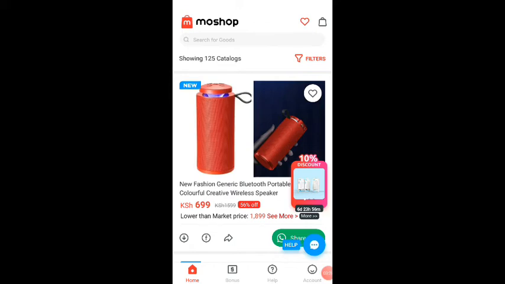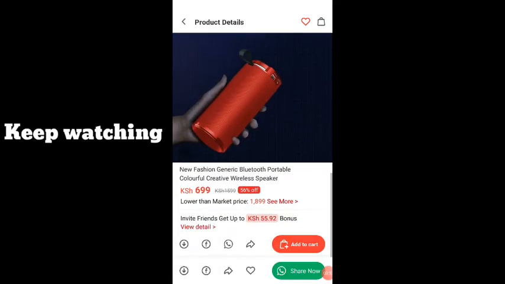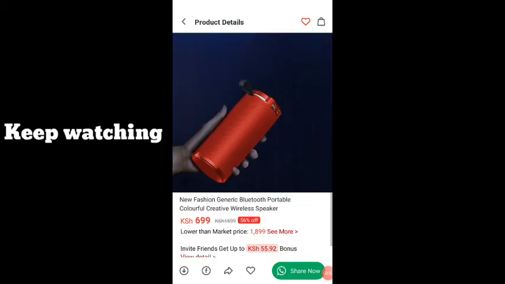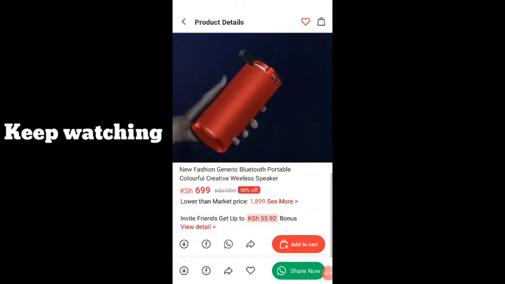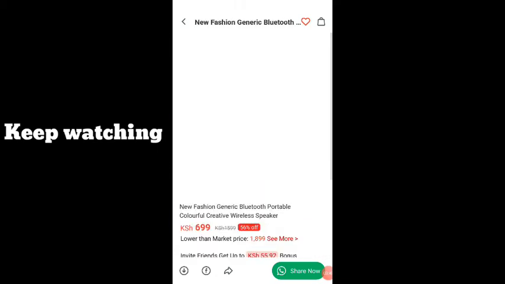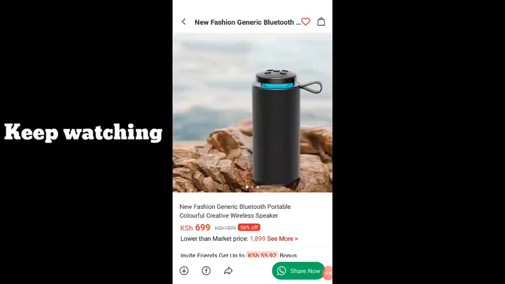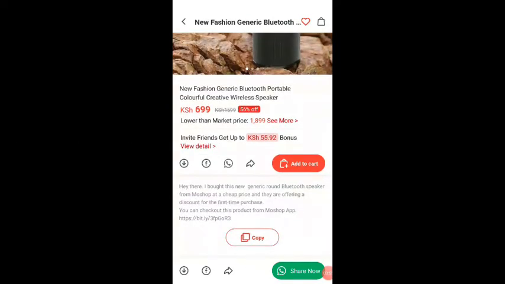The best thing about this app is you can click on each and every item and it will give you their templates and images, which you can copy. You can copy the description, or download all of this. Just download them and share them whenever you want, anywhere you feel like. How do you do that?